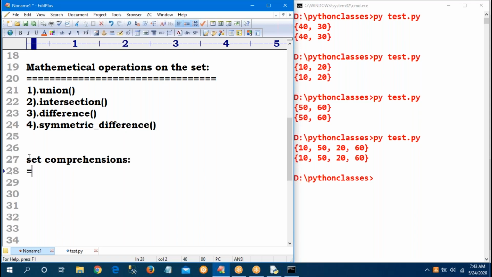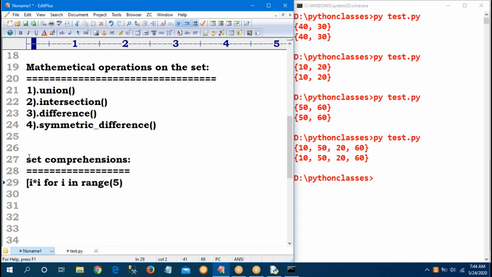So yesterday we discussed list comprehensions, same like that for sets. If I give square brackets, that is a list. Suppose I require the squares of the first 5 numbers. Take one for loop: for i in range of 5. What do I want to do? Expression i star i.